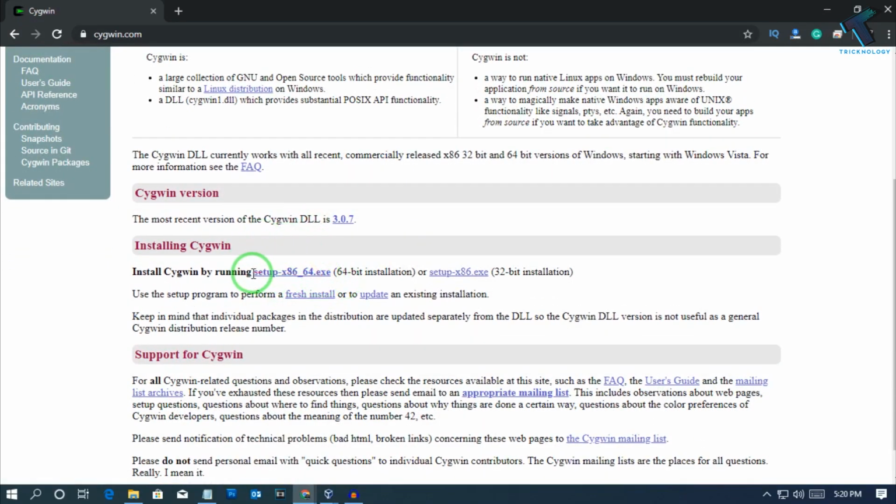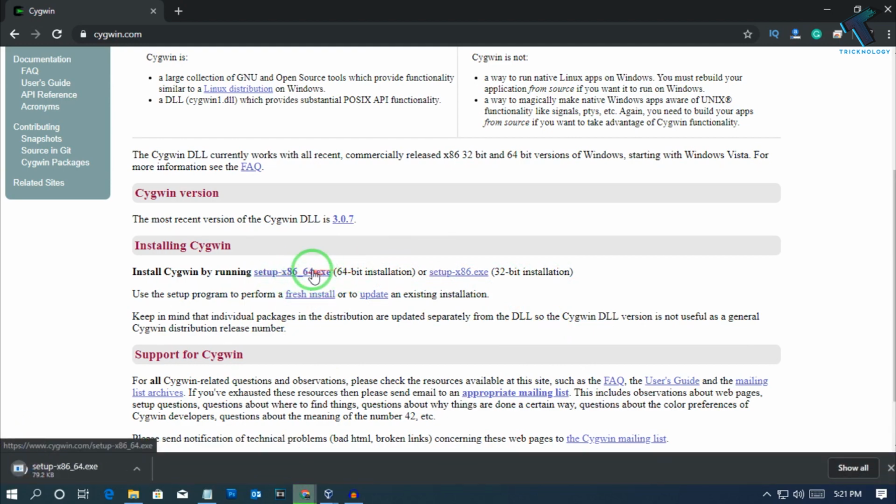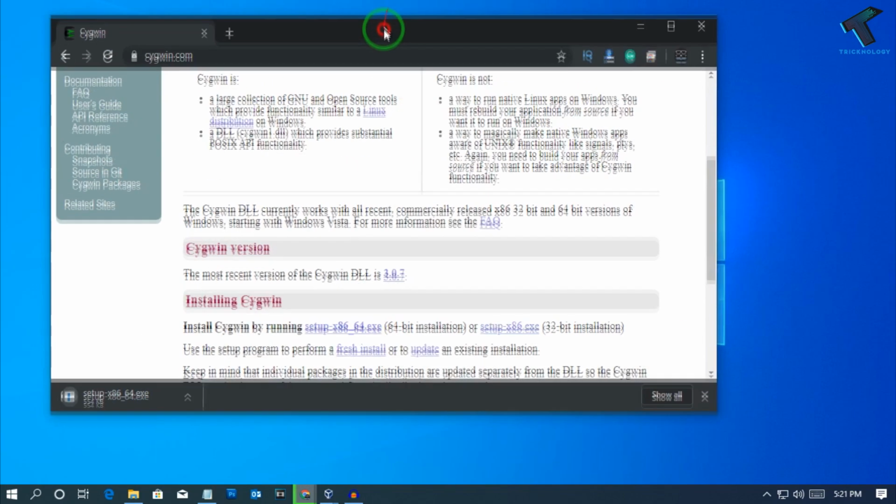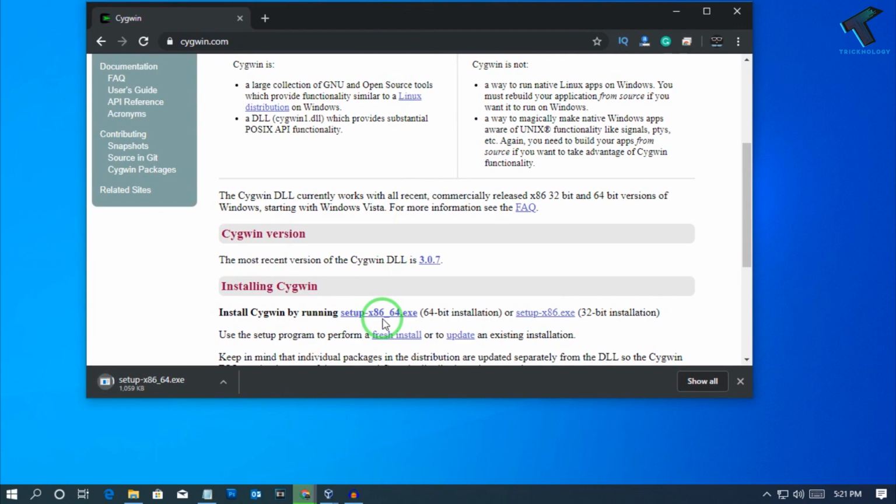If you are using a 64-bit operating system, then you have to download this one, and if you have a 32-bit operating system, then you have to download this one. Okay, so I have a 64-bit operating system, so I will download this one. After download, just click on open,